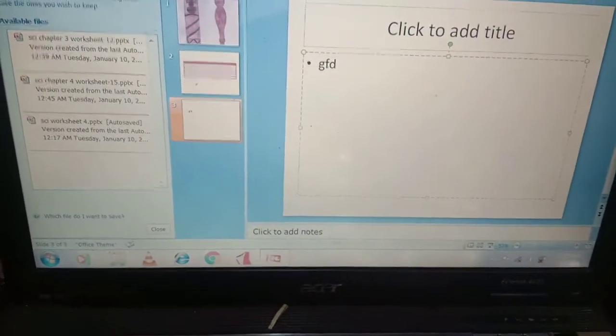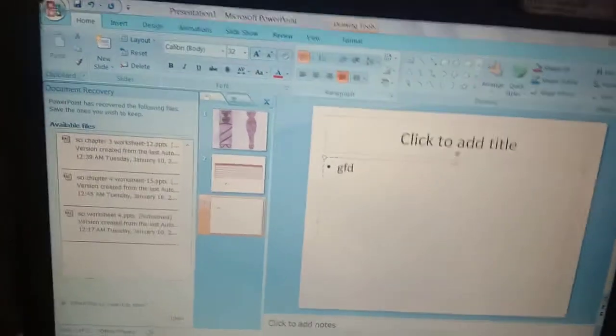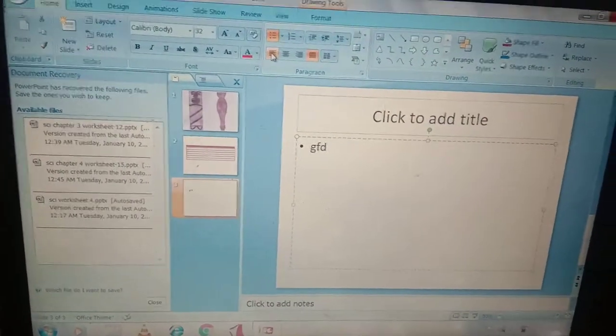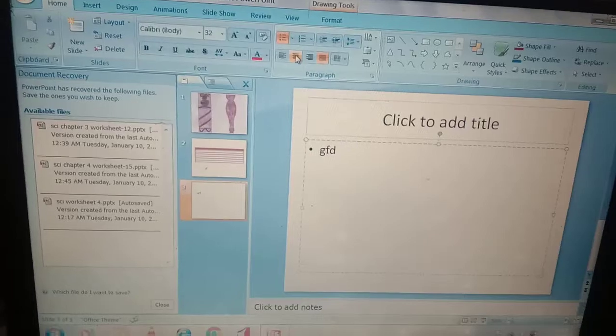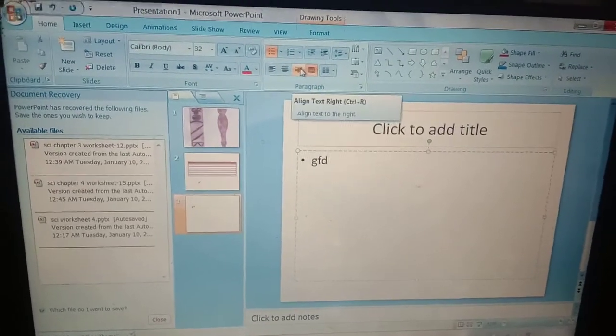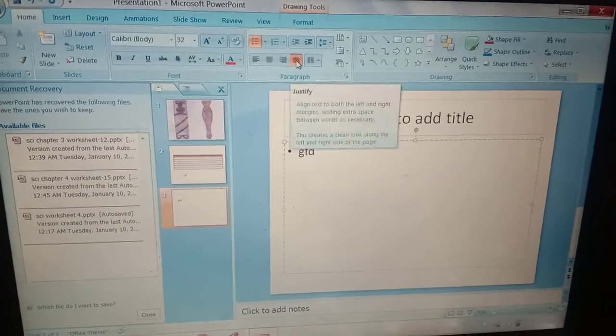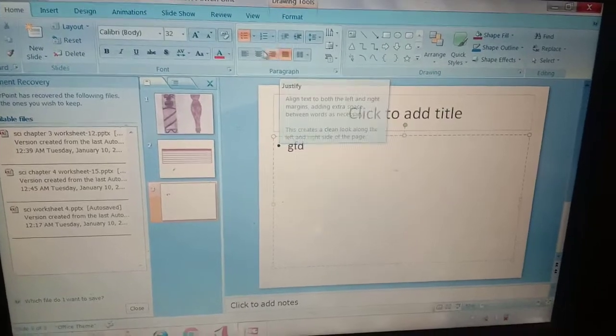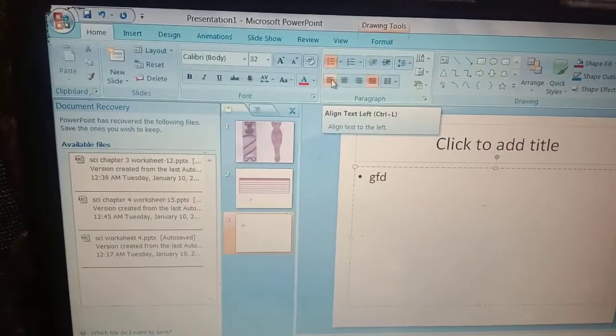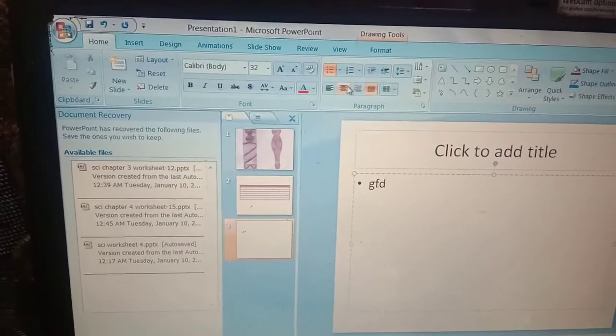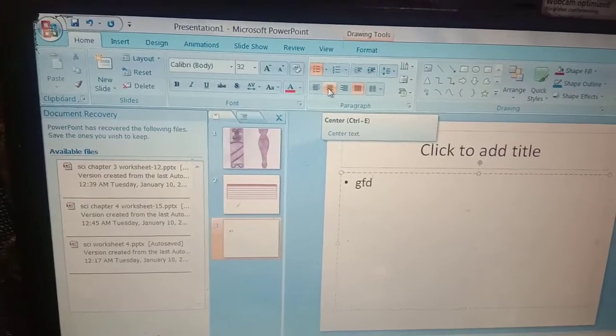That type of alignment is called justify alignment. So students, can you see this? This is left alignment, this is center alignment, this is right alignment, and this one is justify alignment. Can you see this? Align the text to the left. Align the text to the center.